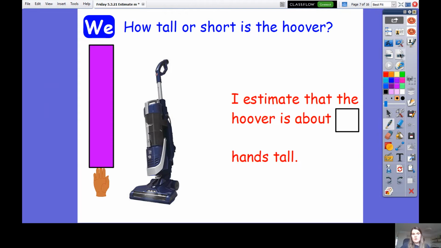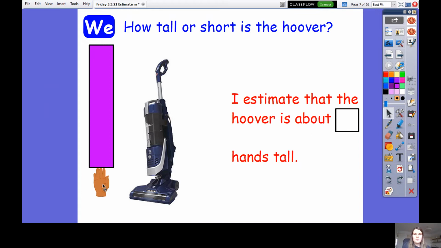Lots of you might have a hoover in your house, and you can look at your hoover in your house to help you. But I think if I'm thinking about hoovers, lots of hoovers might be a different size, but I'm going to think about this hoover that's on my screen now. Now this hoover, how many hands tall do we think this hoover might be? Now I've got one hand here. Now I'm imagining putting my hands one on top of the other. Why am I imagining putting my hands one on top of the other? Because it's going to help me make an estimate, absolutely. So I think this is,